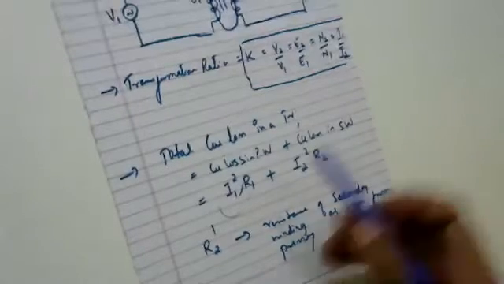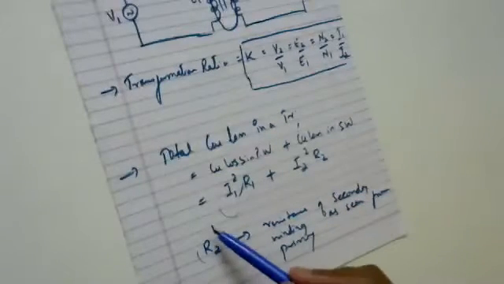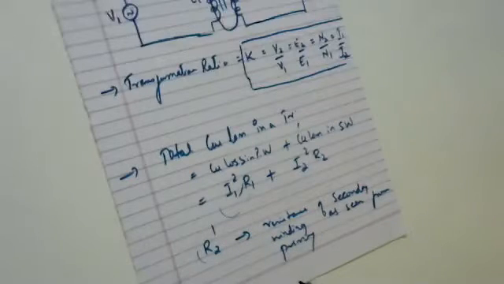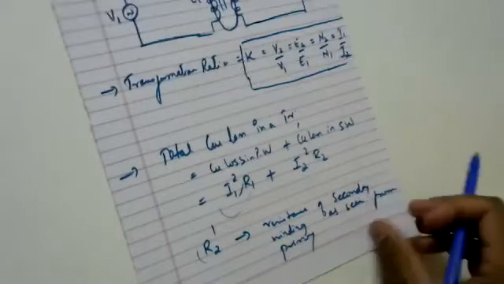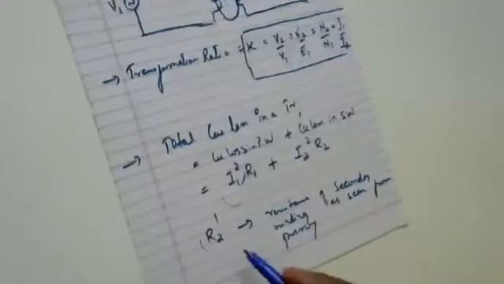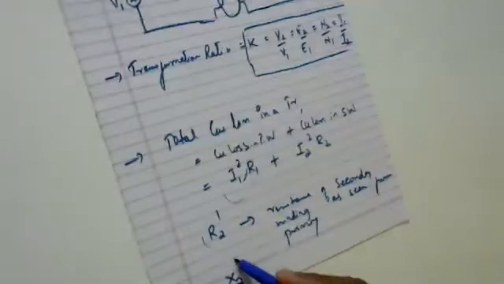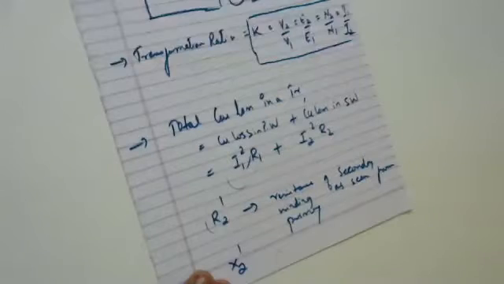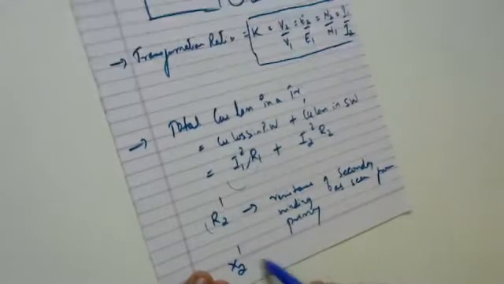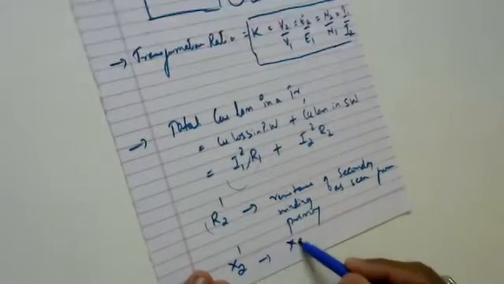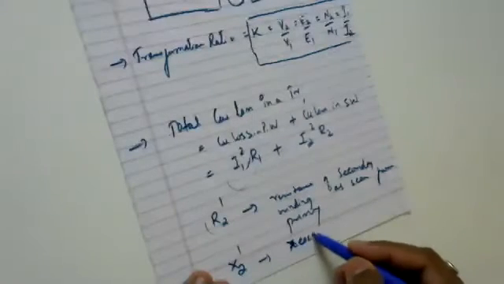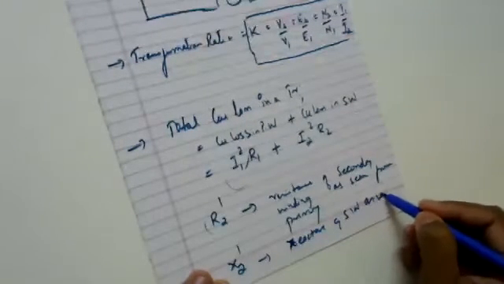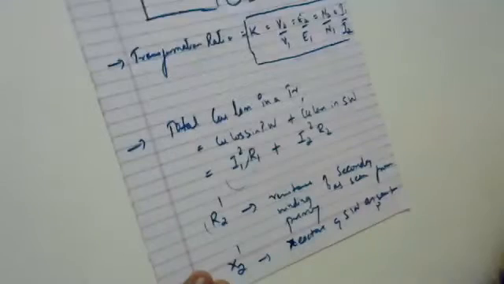It means what? It is actually the secondary resistance, but I am seeing this secondary resistance from the primary side. Okay, is it clear? Similarly, I would like to introduce you to one more term, called X2 dash. What is X2 dash? X2 dash indicates the reactance of the secondary winding as seen from the primary.